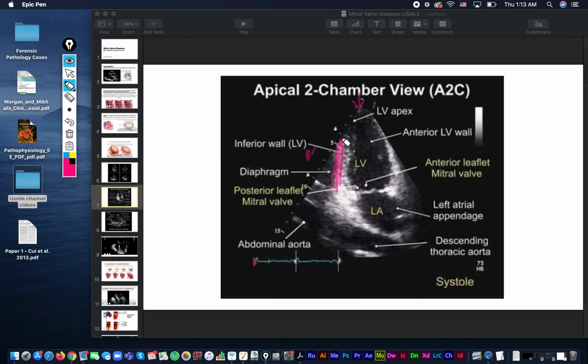So you see the lateral wall of the heart. You see the left atrial appendage, the left, that would have to be the aortic valve there. It doesn't say, but it